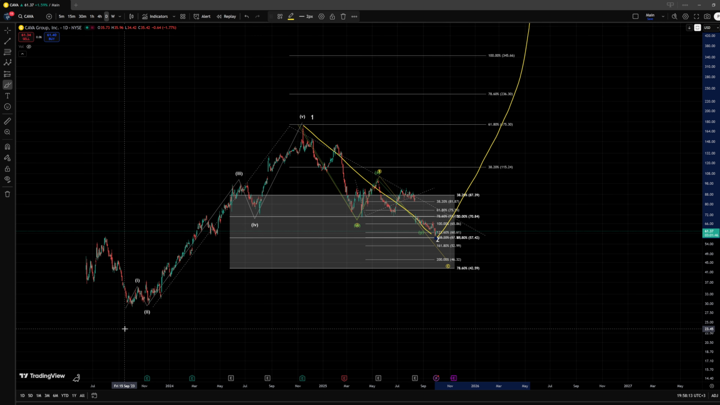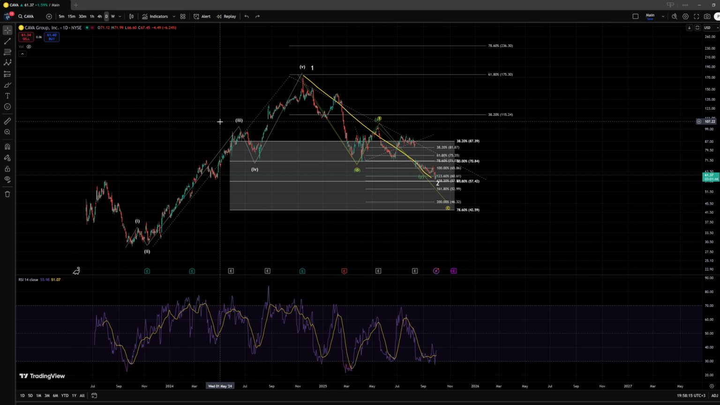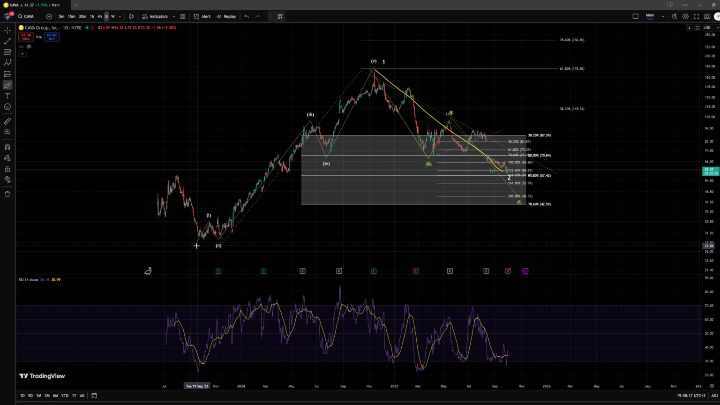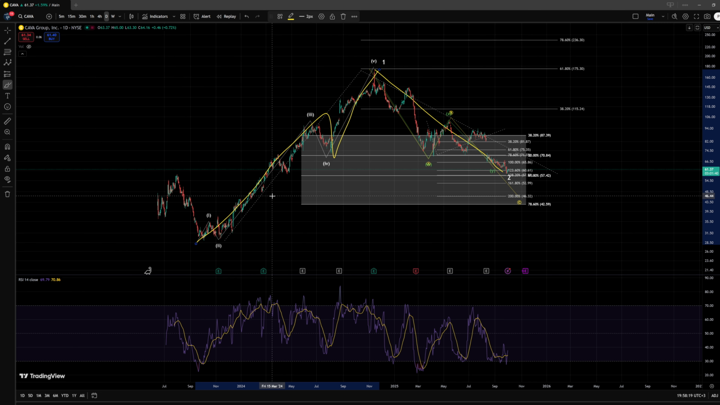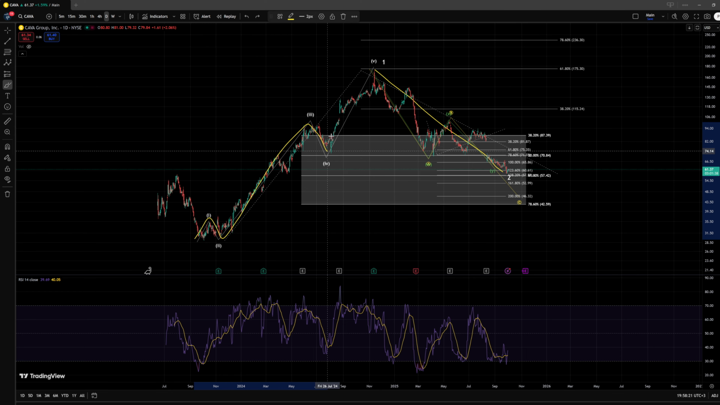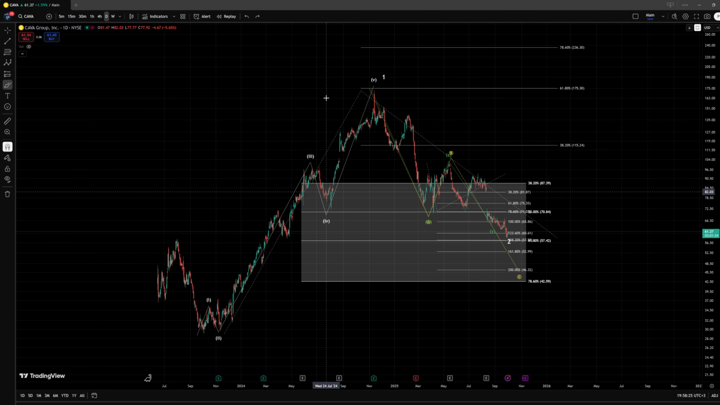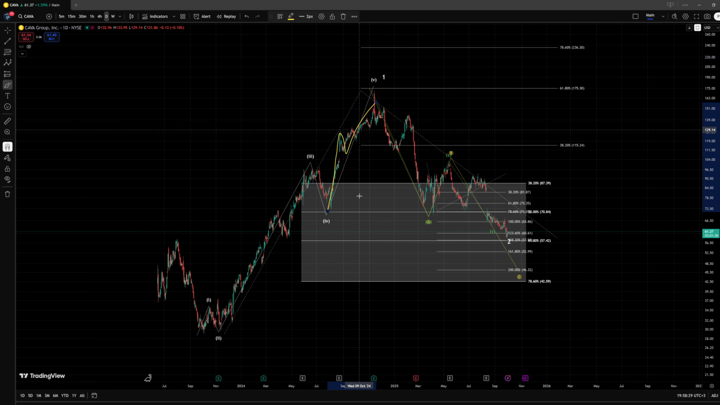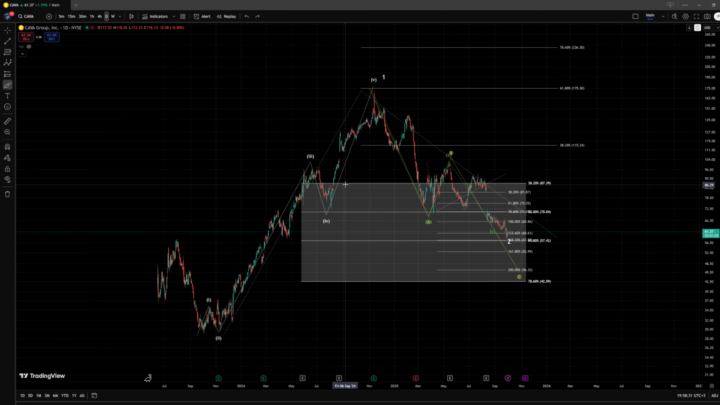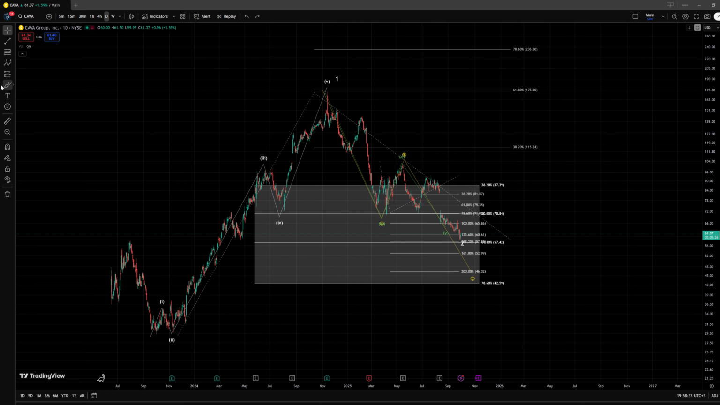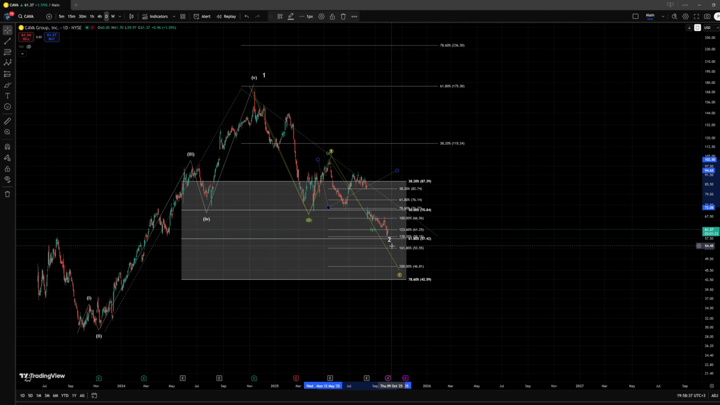Now it would be nice to have a more clear structure where we would know if it is really a 3-wave move that has developed here or a 5-wave move. I'm personally leaning towards the 5-wave structure because of how this movement to the upside has developed, also basically as a 3-wave structure. So it is probably a leading diagonal that occurred here, but that is not all bad